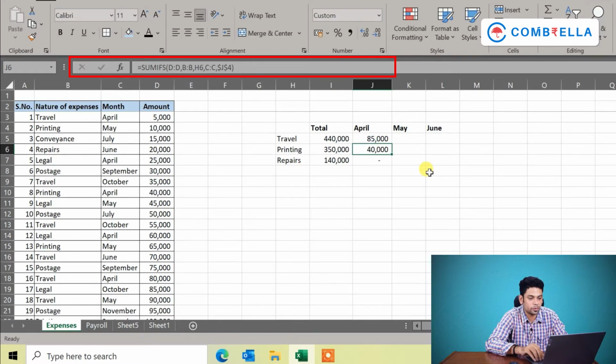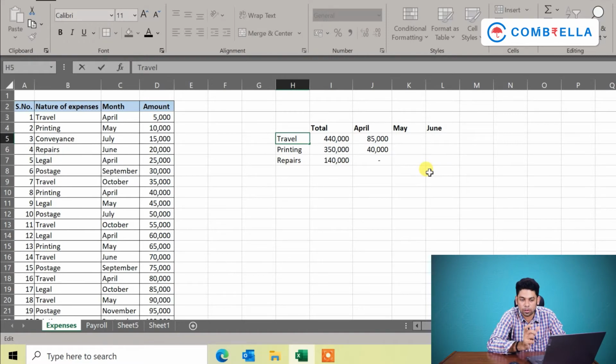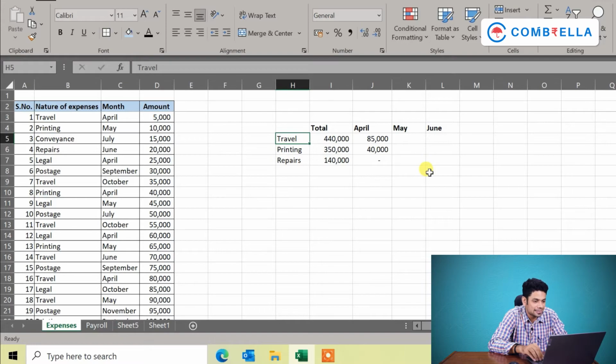Again, one important thing you should keep in mind while using SUMIFS is that there should not be any leading and trailing spaces when you are giving the criteria. The criteria value should not have leading and trailing spaces. It should be exactly similar to your base data. Suppose you have an extra space here, this formula will not work. So you should ensure that this travel and the travel in the base data are exactly the same.